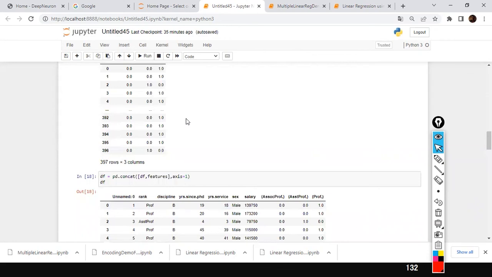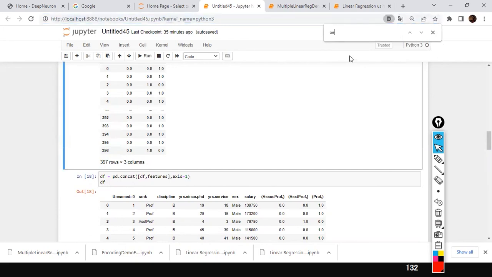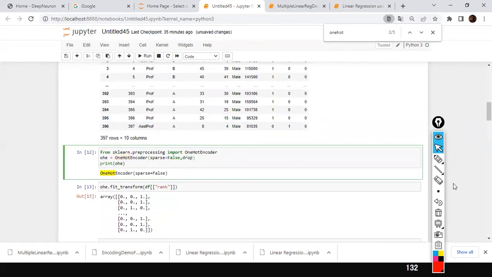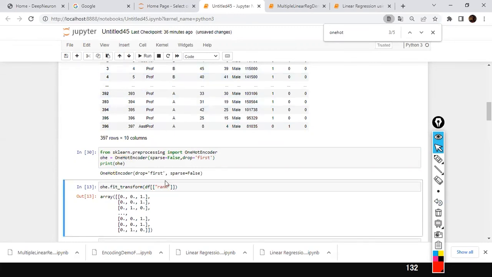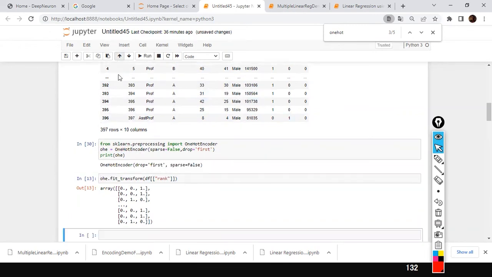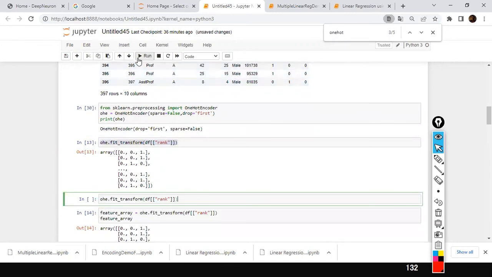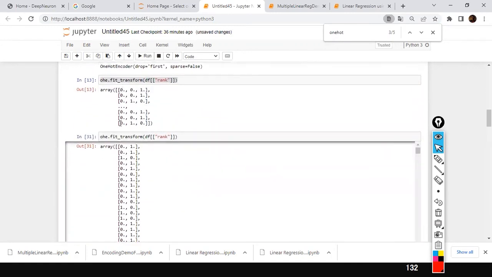Yes, in the case of preprocessing, you can specify sparse equal to, and here you can also specify drop. There is an option called drop available as part of your one-hot encoder class in preprocessing. If you do it this way, and this is the previous one, I'm not going to disturb this. Now I do the same thing here. This is for our reference. Look here, in this case the first column